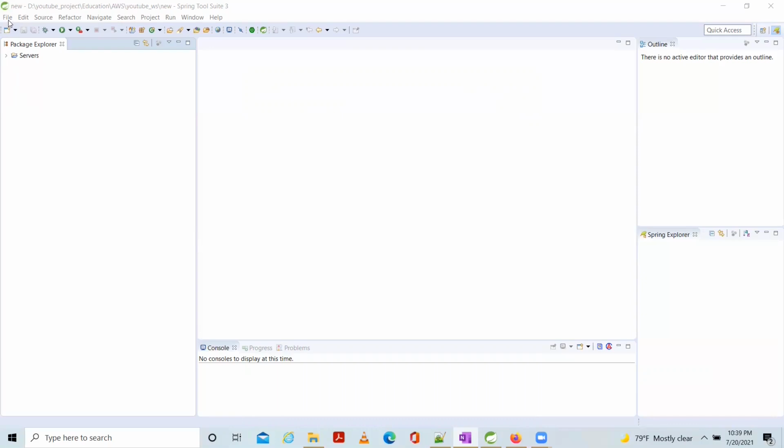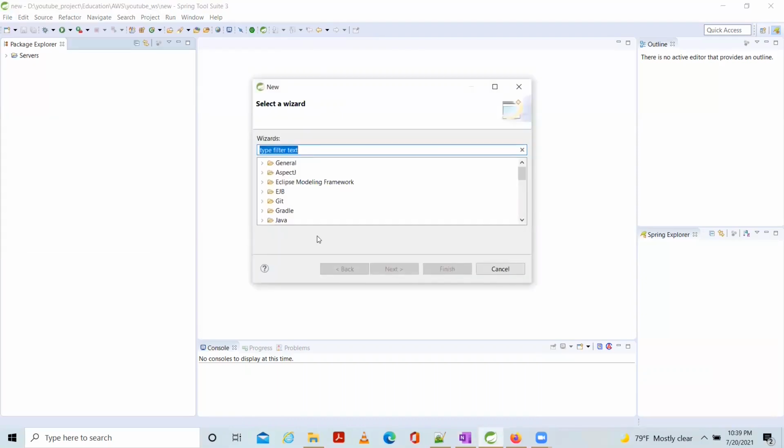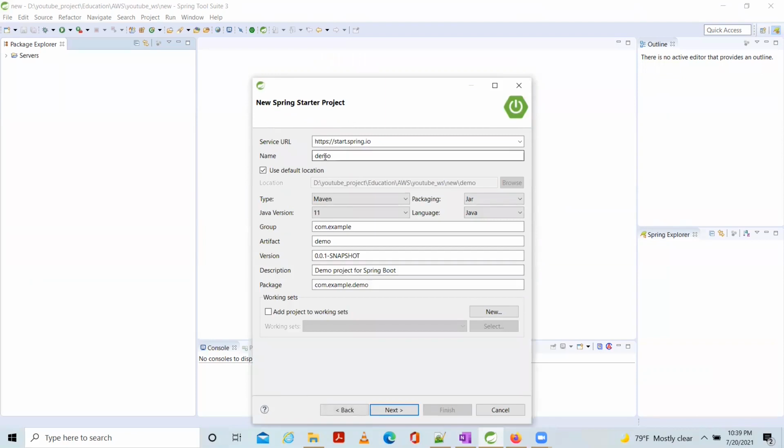Let's create a new Spring Boot project. File, Other, Spring Starter project. Here we provide the name of the project, for example. The project is a Maven project, the language is Java, and the Java version is 11.